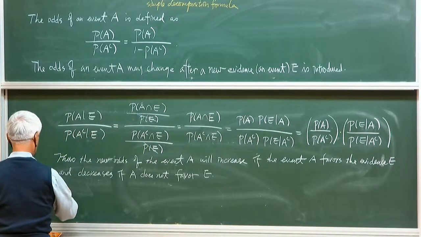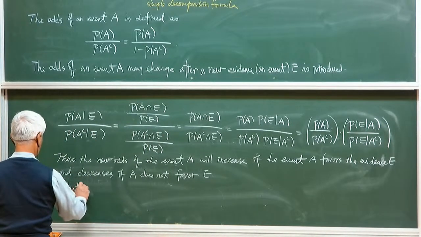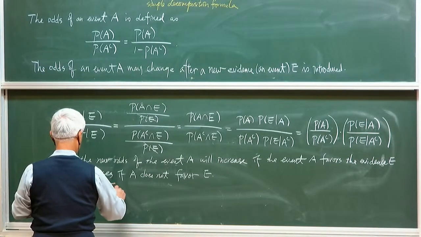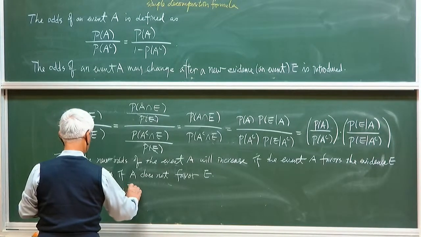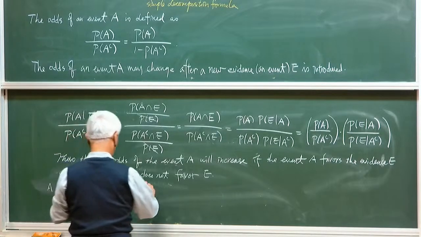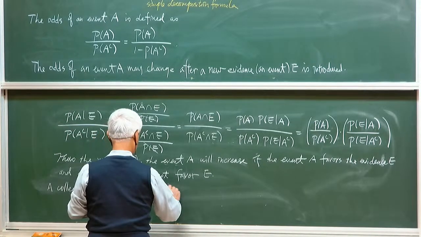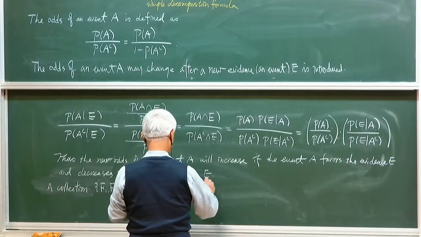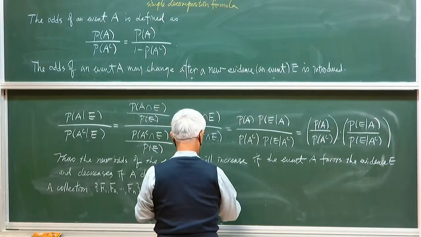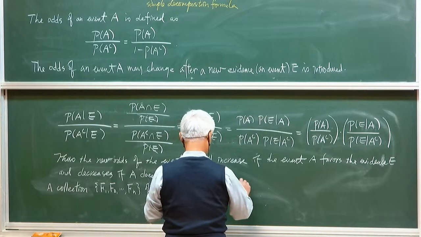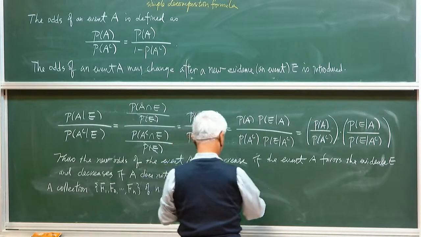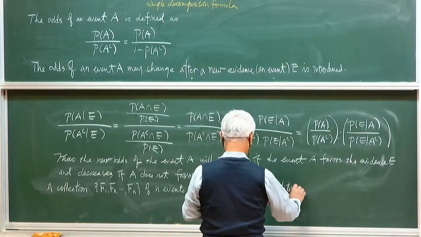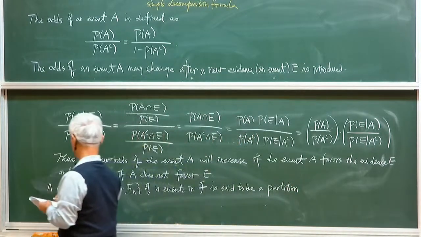A collection F1, F2, ..., Fn of n events in F is said to be a partition of the sample space S